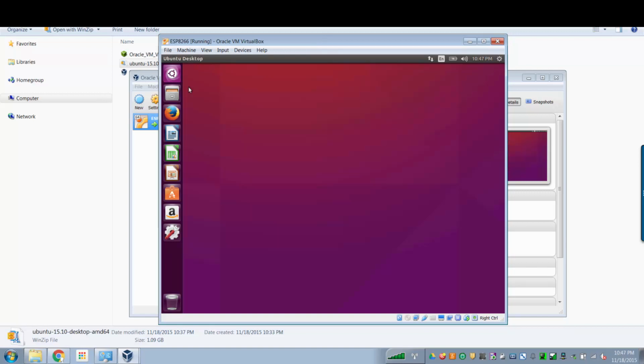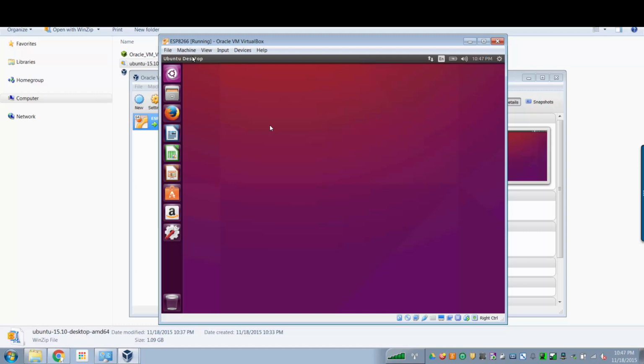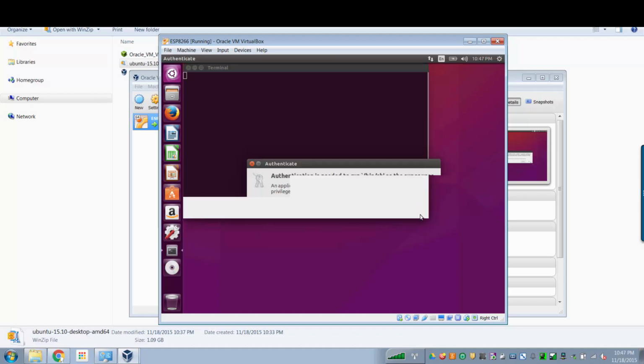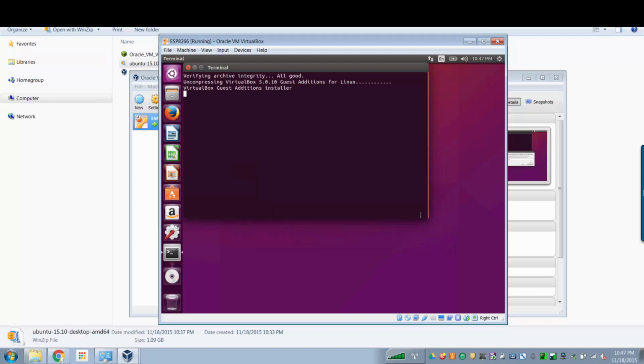So we are at the stage now where we've created ourselves a virtual box, and on that virtual box we have loaded Ubuntu and everything is good. Now there's one more thing that we have to do, and that is we need to install the additional guest CD images. These are applications that run inside the guest which make VirtualBox more usable. So we select that. It's asking us, do we want to run these additions? Yes, we do. It's asking for my Unix password, or my Ubuntu password,